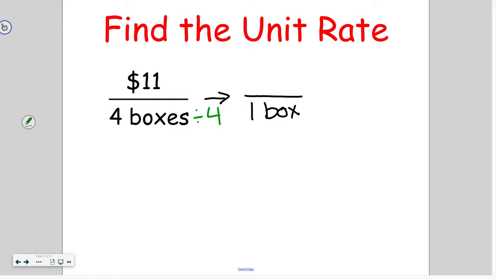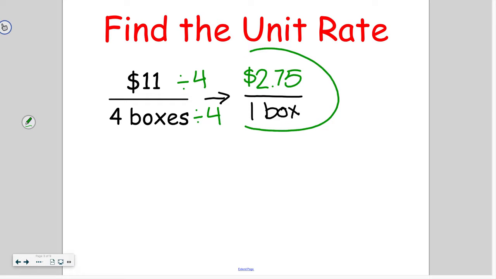If we do it on the denominator portion, we also have to do it on the numerator portion. Just like when we simplify regular fractions, if we do it to the bottom, we do it to the top, or vice versa. If we do it to the top, we do it to the bottom. So when I do $11 divided by 4, that gives me a price of $2.75 per box. Again, totally fine that we have a decimal in the top of the fraction. We are looking at rates, so that is okay. So this is telling us that one box costs $2.75,